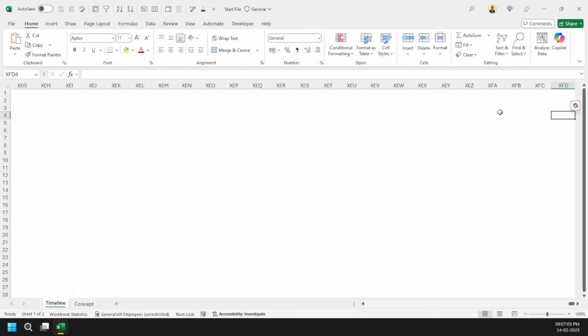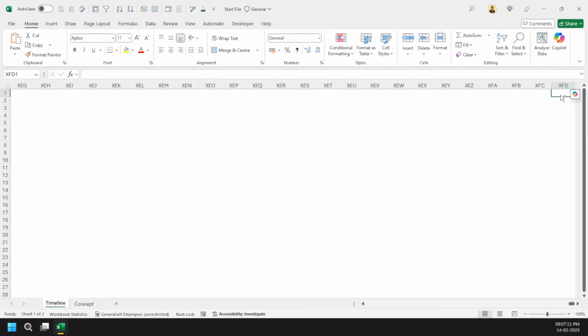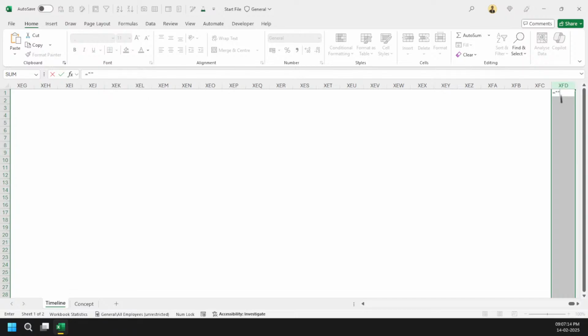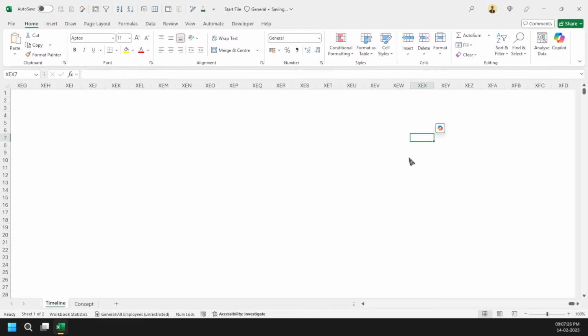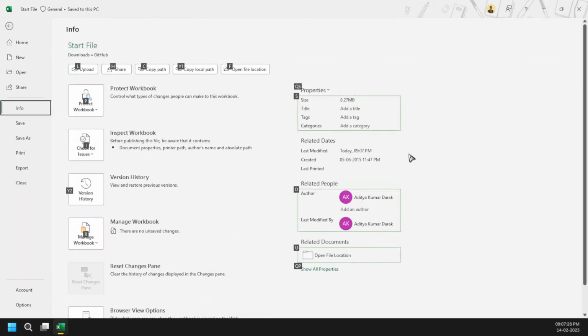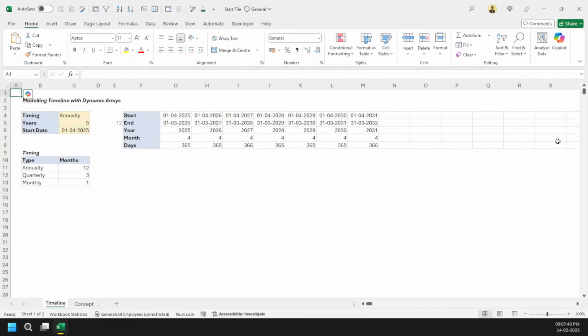Let's say my file right now is 20.2 KB, right? And let's say I fill this many cells, only this way. Nothing more, nothing less. I didn't do much here. Okay, and now let's go here. I didn't save it. Let's save it. Yes, and now go here and just see. The size has exploded like anything, right? I hope you are getting the idea. Got it? So that's why, to minimize my file size and not fill extra cells.